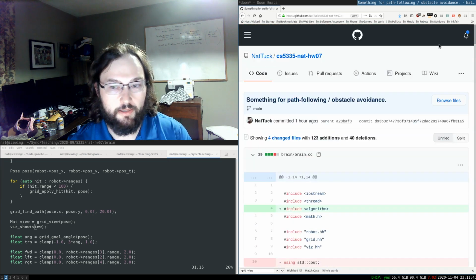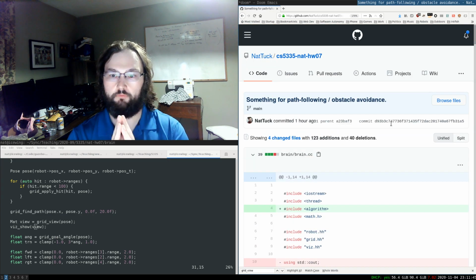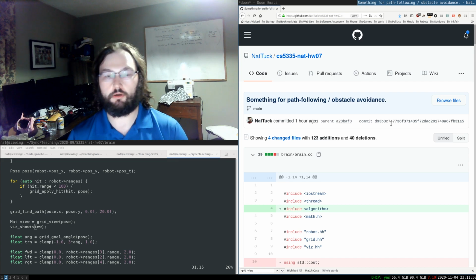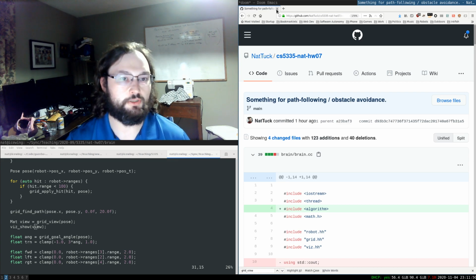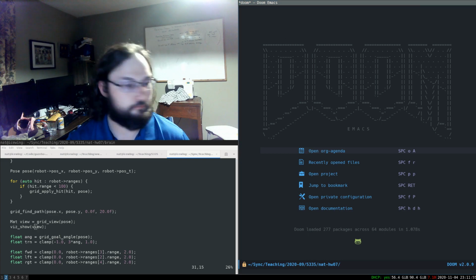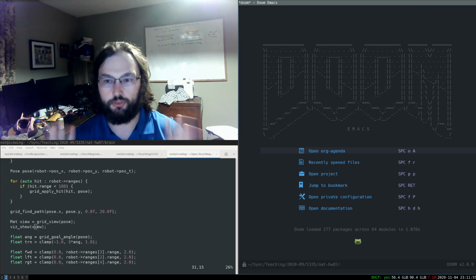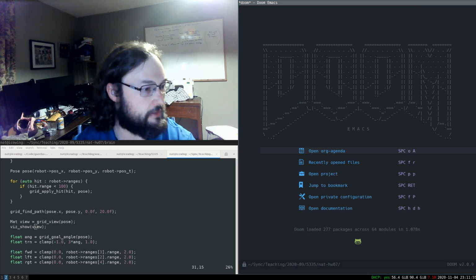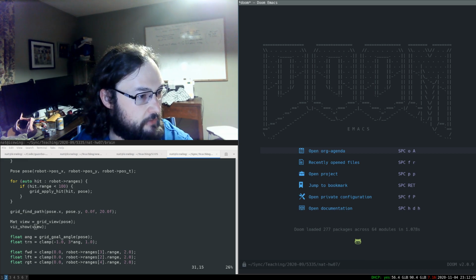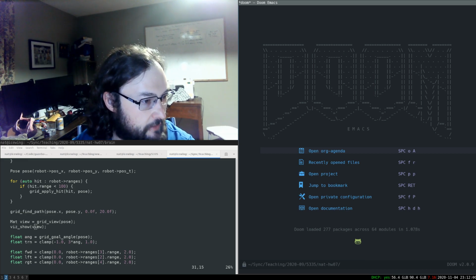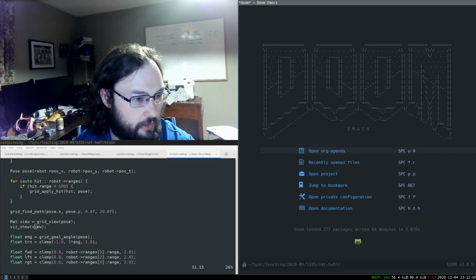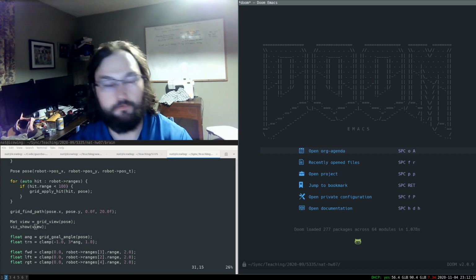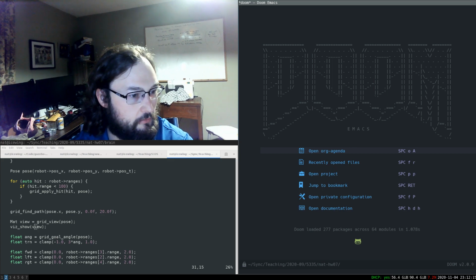All right, so there is a sort of more complete starter code for the homework. Let's go ahead and look at this awful thing run. I'm not claiming that this was a good solution to homework 7. I'm claiming that this has a lot of the pieces that we need. And specifically, the thing that I'm claiming is that if we look at how many lines this is, it's about 1,000 lines of code, including the robot code,